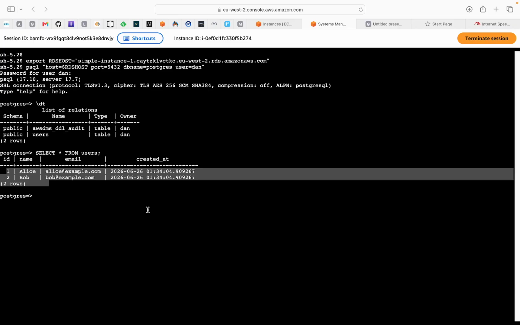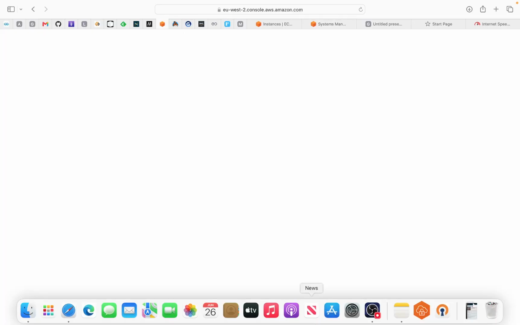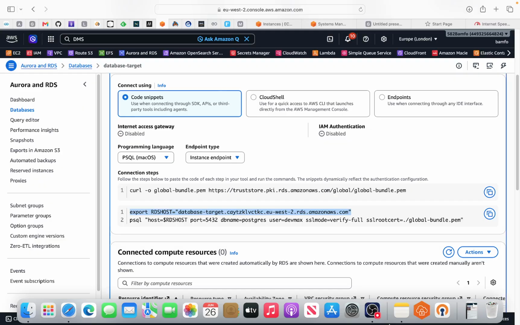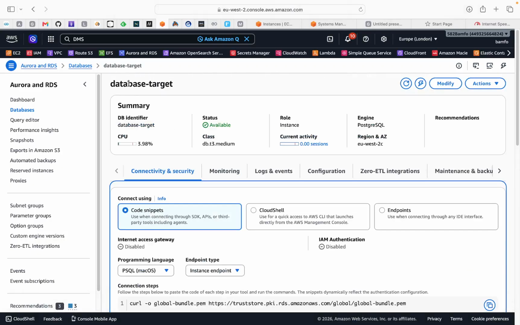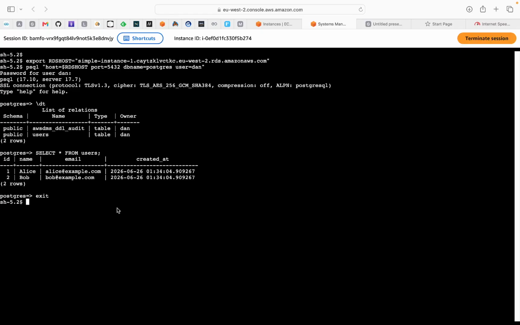Right. The other one, the other DB, let me exit this one. If we exit this and then we check the other DB, we will have nothing in there. So if we go to the other database, the target database, we're just going to check it. I copy that, go back to the session manager, and then try and connect to that, enter,